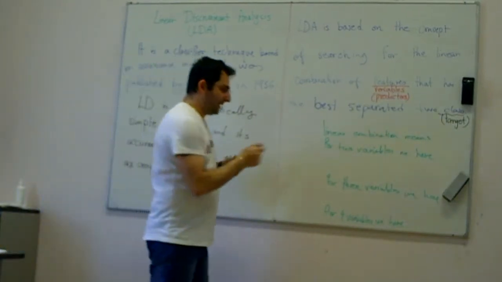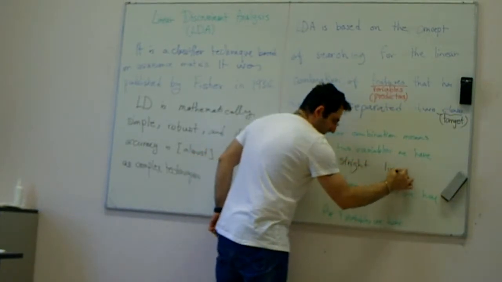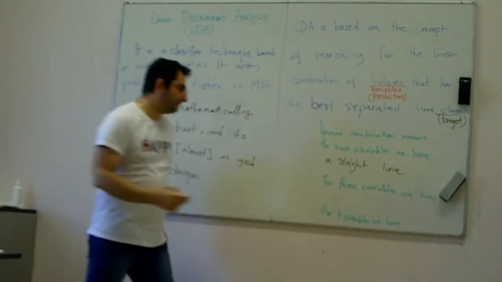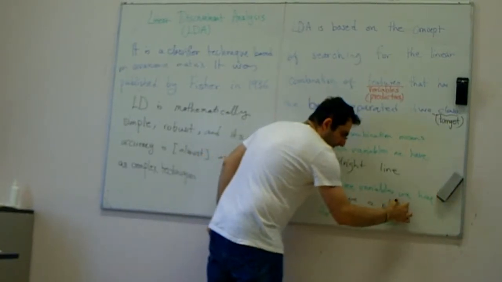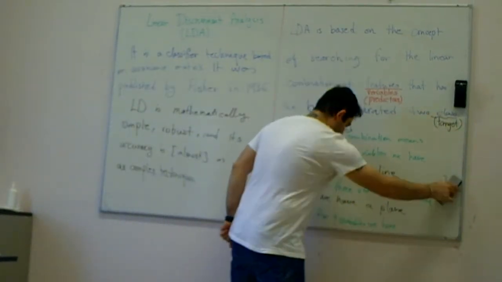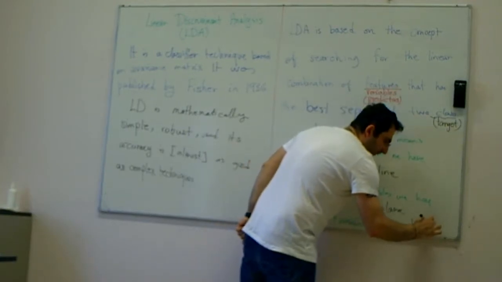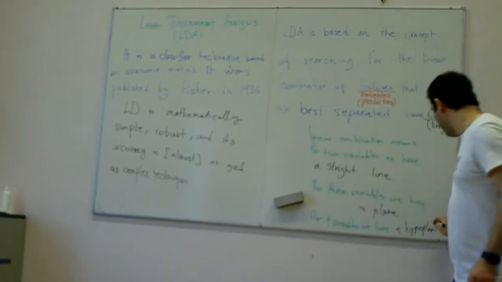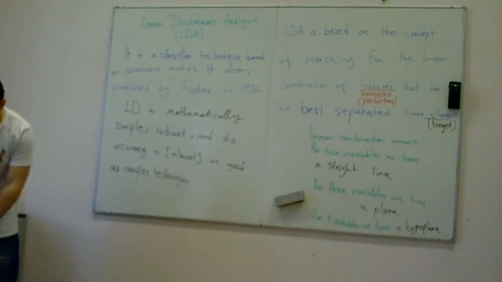Yes, we have a straight line. So three variables, a plane. And for four variables we have a hyperplane, or at least that is how in space geometry we call them. And if we have more, I don't know if they have a term for it. So